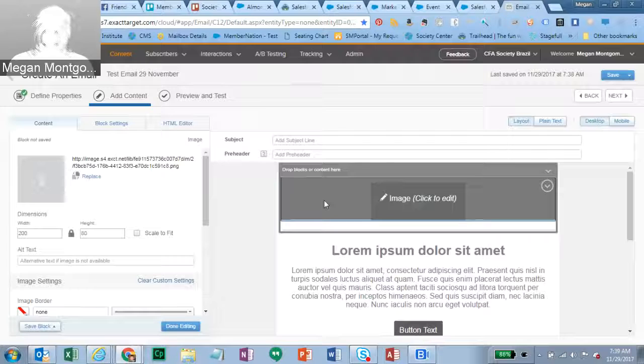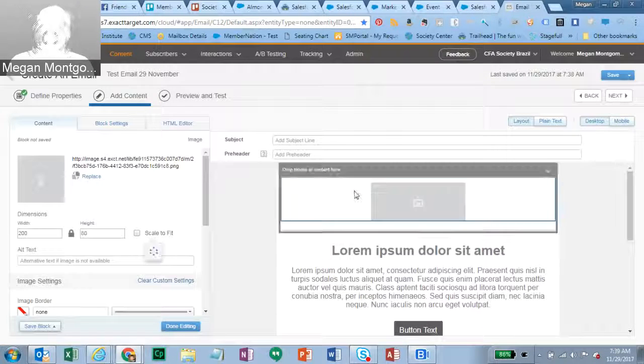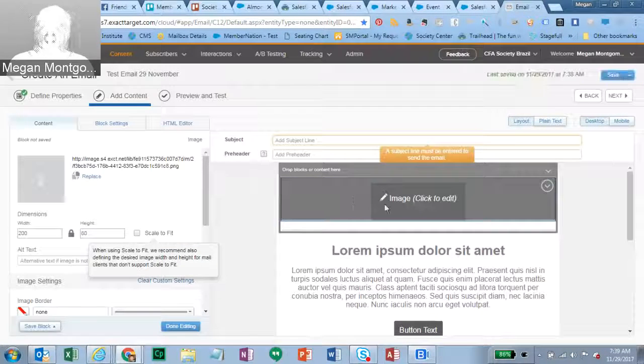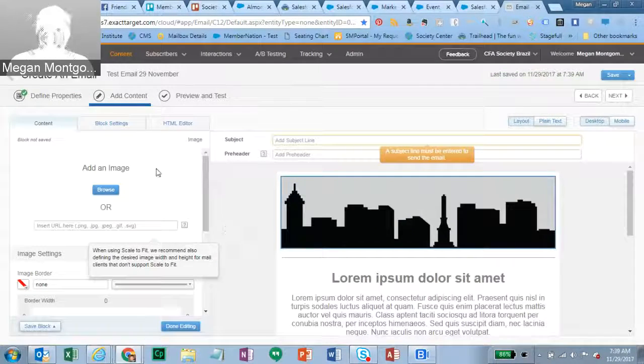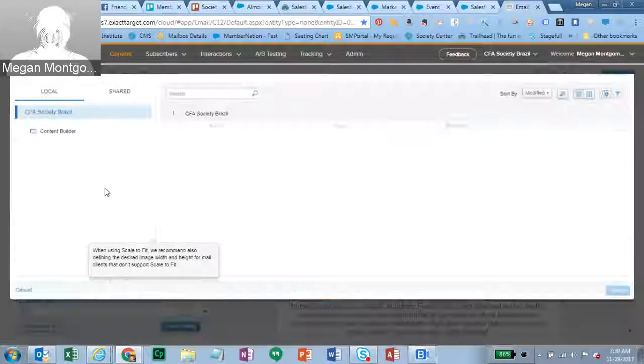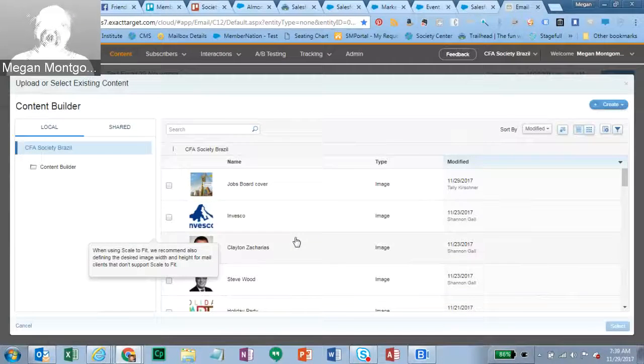Depending on what type of block you're looking at will determine what different types of options you have over here once you click on it. So you can see that this is basically an image block. When I've clicked on it, it's going to let me select to replace that image. So if I click browse, if you have an image that you want to use,